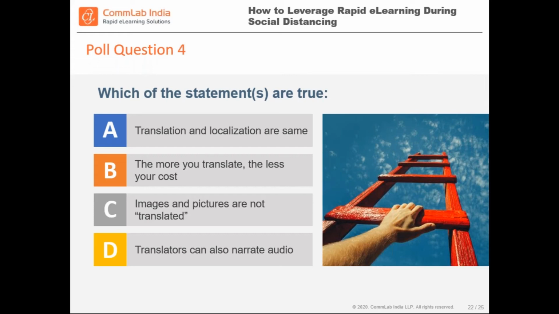That is absolutely correct. The more you translate, the less your cost. It may not necessarily be true. So you also have to think of opportunity cost, right? If you're looking for your own SMEs within the company to help you translate, that really takes a lot of their time because that is not their full-time job, and maybe they're missing out on something more important that they should be doing for the company. So I would not jump to a conclusion that translating internally is always the right answer. It is on a case-by-case basis.